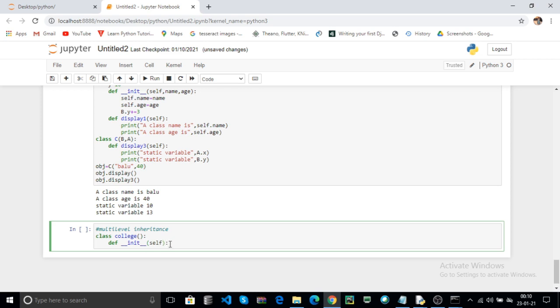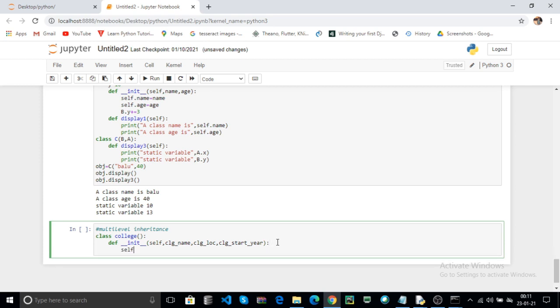Here I use parameters like college name, college location and college starting year. These are the three parameters I am passing to the college class.